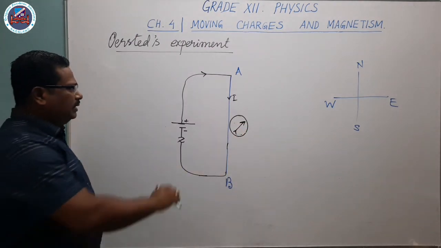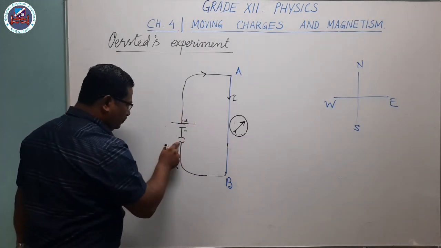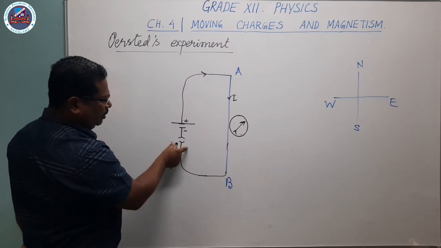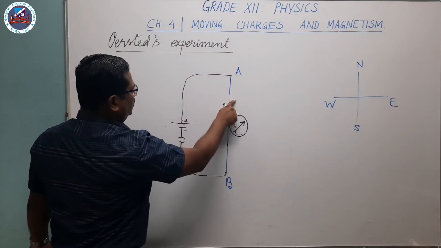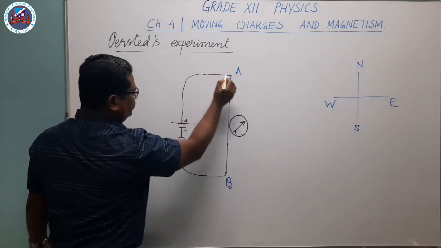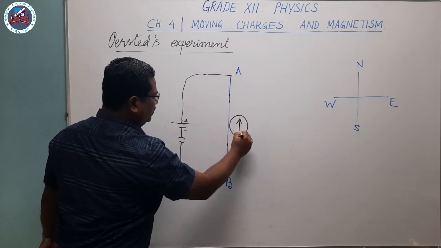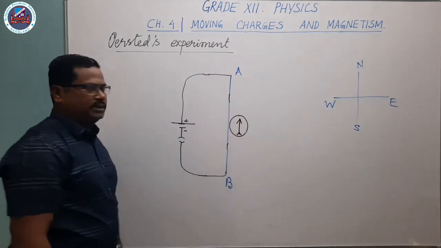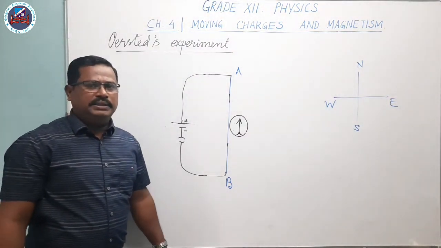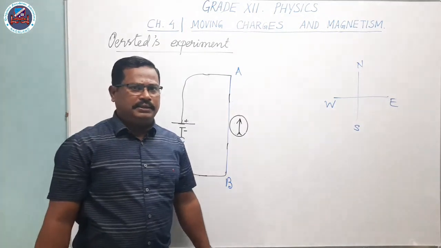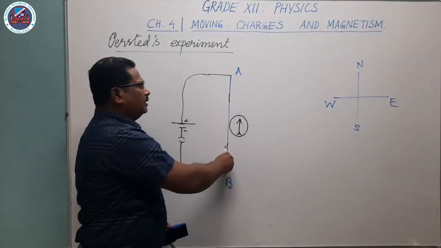And then when he stopped the flow of current by switching it off, that is, by opening the circuit, it was observed that the compass needle comes back to its own original position, the north-south direction. This was his experiment, and with this experiment he concluded that whenever current passes through the conductor,